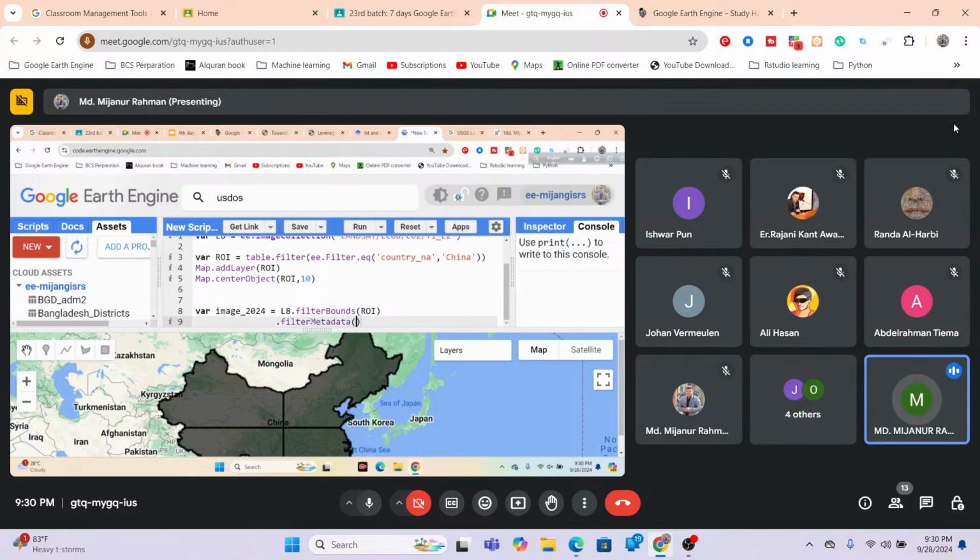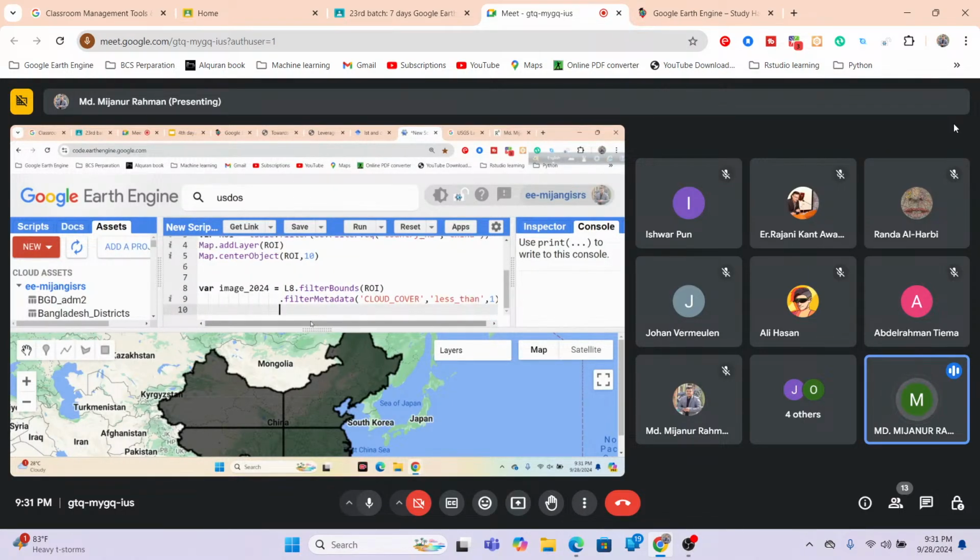Suppose in this case, I want to choose only the images which have not more than 1% cloud cover. So for that, just simply write CLOUD_COVER, and use here less than, suppose I put here less than 1. Okay. So now I choose only the images which have less than 1% cloud cover for my study area. And now put here the time period. Suppose I put here the filterDate function and put the time period, suppose year 2024, from 1st January,